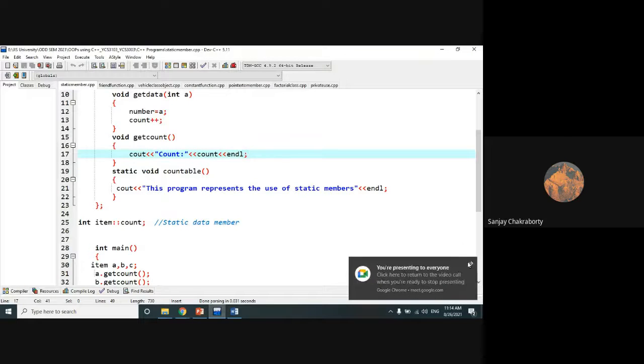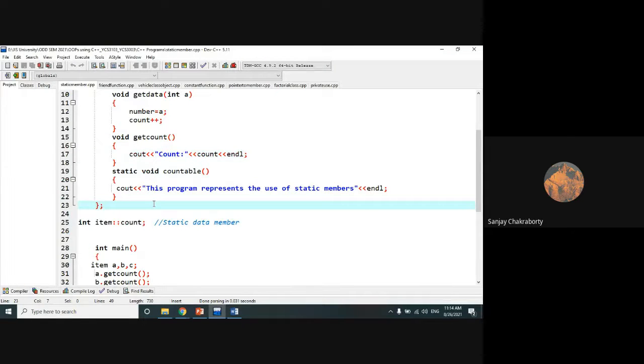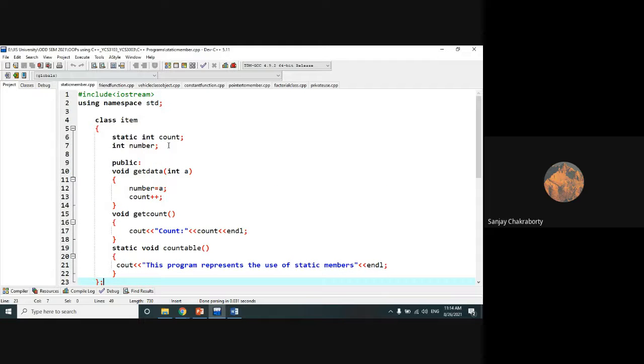object creations. Okay, what are the various kinds, how many ways we can create an object. Then we have discussed about the inline function in the last class, and we have also discussed about the static data members and static member functions. Okay, so let me just give you a reminder for the static data member which we have discussed in the